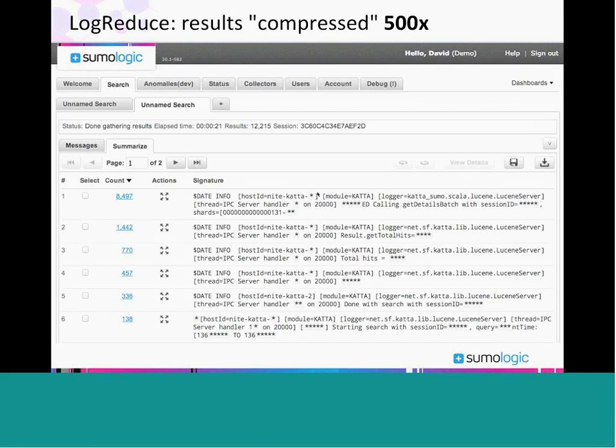What I see is the signature, which is that type that's automatically learned by the system, and then I see the count, which is how many logs match that. What's really neat here is that while 10,000 logs is an unstoppable deluge of data, 20 signatures along with their counts is more like a story that a human can actually wrap their head around.